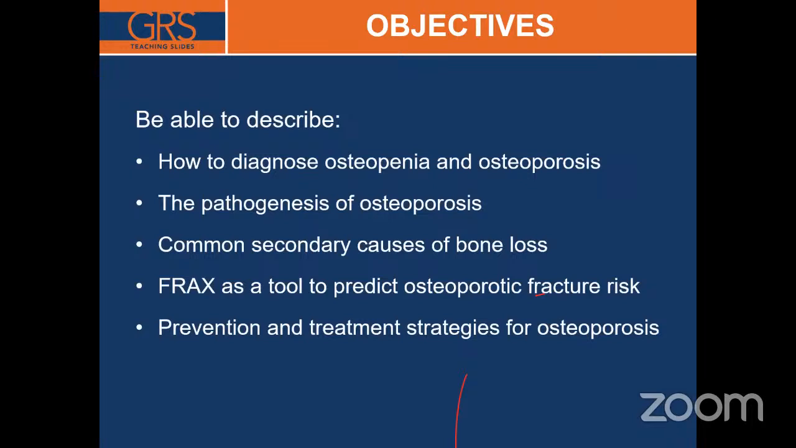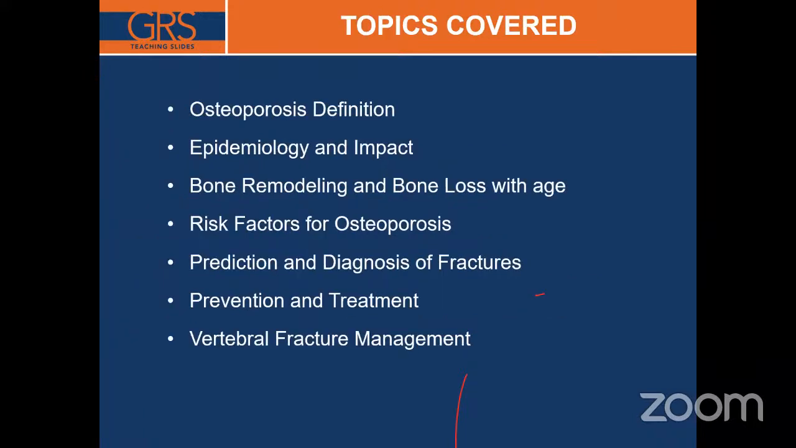Our objectives today are to be able to describe how to diagnose osteopenia and osteoporosis, the pathogenesis of osteoporosis, the common secondary causes of bone loss, FRAX as a tool to predict osteoporotic fracture risk, and prevention and treatment strategies for osteoporosis. We will cover the osteoporosis definition, a simple term and a more advanced term, epidemiology and impact, bone remodeling and bone loss with age, risk factors for osteoporosis, prediction and diagnosis of fractures, prevention and treatment, and lastly, vertebral fracture